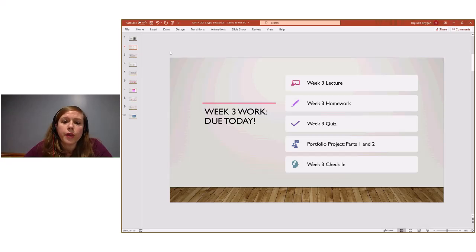The portfolio project, some of you gave me drafts via email, some of you submitted it on Blackboard, both of which are fine. If you ever want to send me something in email first to get some feedback before you submit it on Blackboard, you are more than welcome to do so. I have a couple of you that I still need to get back to today with the edits on those portfolio projects. So I would look for those after class probably, or maybe later this evening even. As soon as I can get some work time to keep going with those, I will.